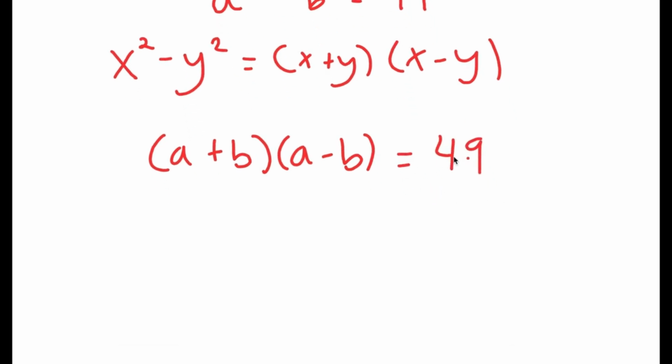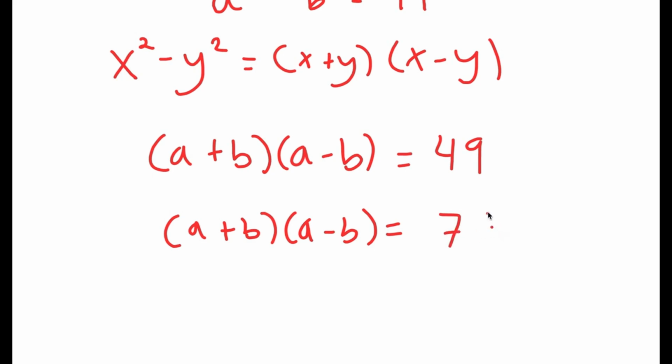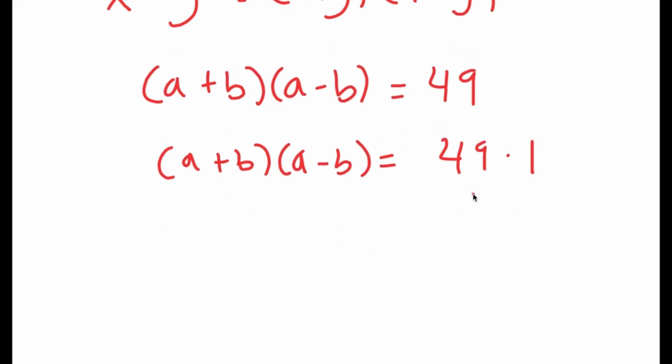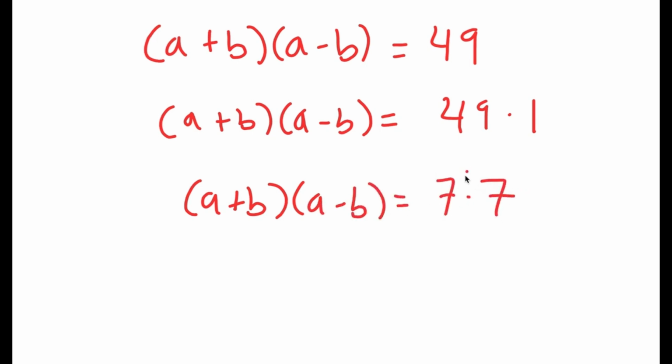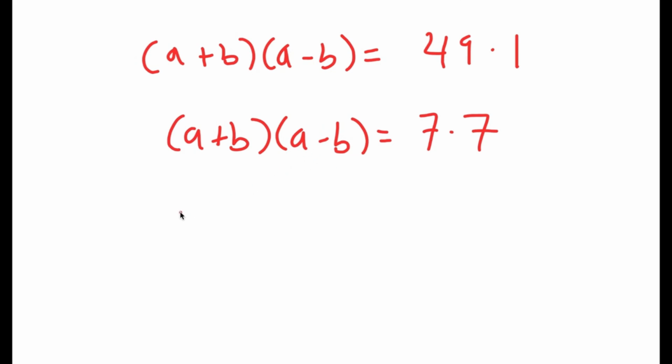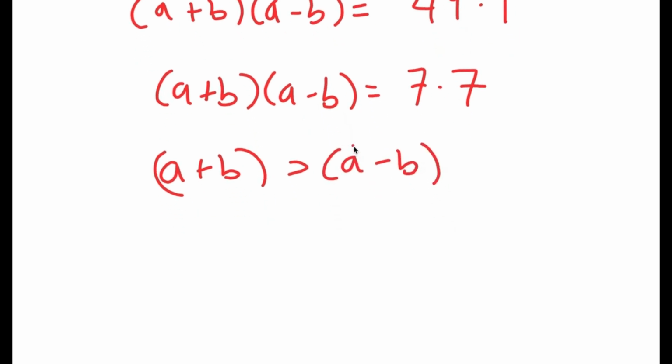Now from here, I can rewrite 49 as 49 times 1. 49 is equal to 49 times 1, so that's true. And this I can rewrite as 7 times 7. Now, we obviously know that a plus b is going to be greater than a minus b. So keeping this in mind,